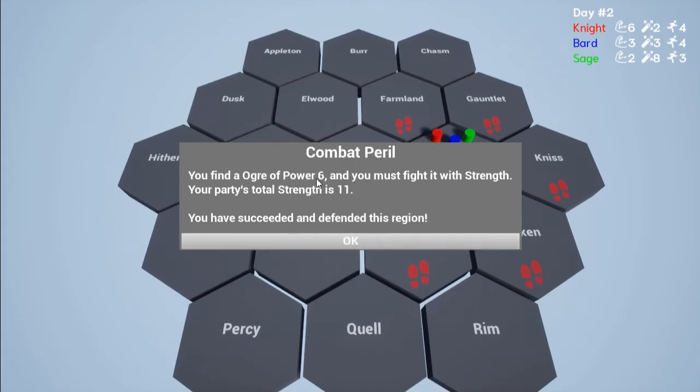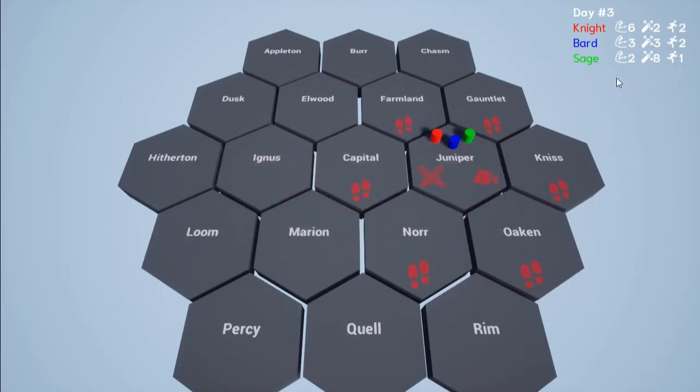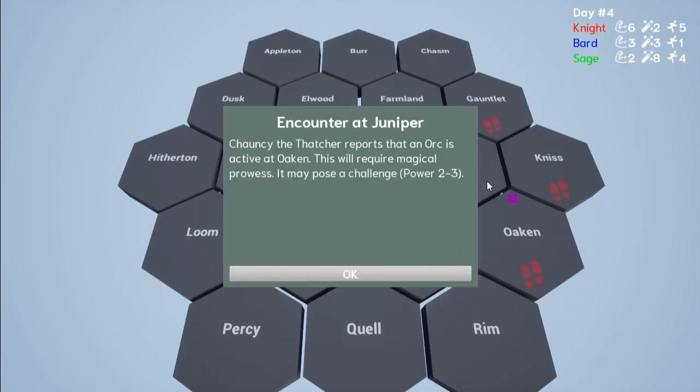Now, this power of 6 is actually distributed across the stamina of all the party members that are there. So we can see we spent 1 stamina for each person to move, but now they're down to about half their starting stamina from the battle. So maybe it's a good idea to rest here. On the other hand, every day there's a chance of some new peril appearing, and whenever a new peril appears, somebody from that hex is going to move toward the capital to try to report on it. So what I'm going to do is have the knight rest. But I'm going to send the bard back to the capital. Remember, the bard has this ability to interpret what is true and false. My sage will just rest here with the knight.